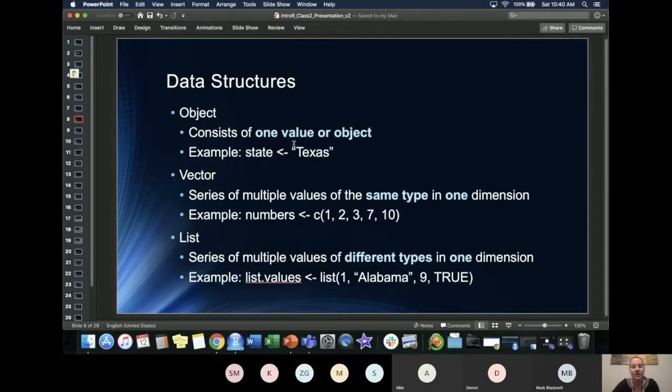So I'm assigning the value Texas, which you'll see the quotes around it. That means it's a character value. I'm assigning Texas to the object or variable state. So what this means in practice is that Texas and state in R will be indistinguishable from one another, or exactly the same. So if you type state, it will mean the same exact thing as if you typed Texas